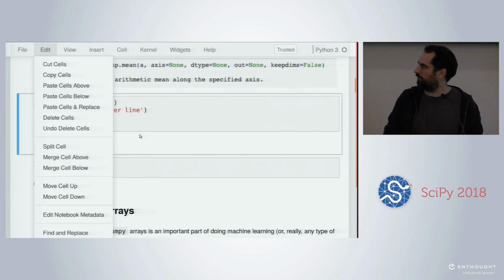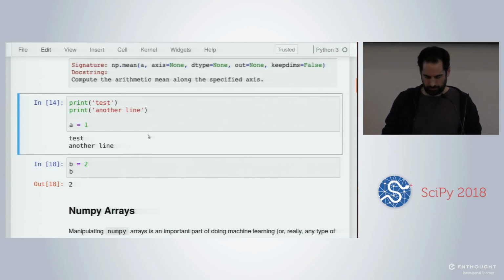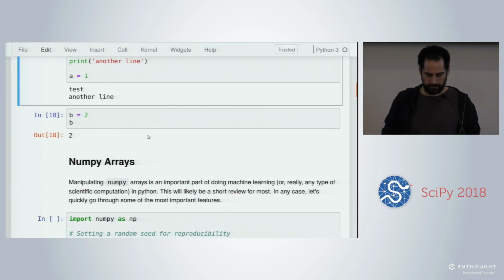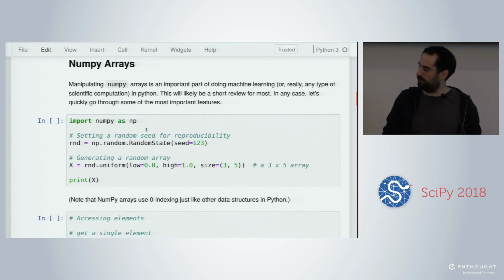You can also define a variable like a equal 1 here. Press Shift Enter. And then insert a new cell, a new Python cell. So here I'm on the cell, and I would like to insert a cell below. If I press B, it's going to insert a cell below. In your opinion, what should I press to insert a cell above? A. So let's do A.